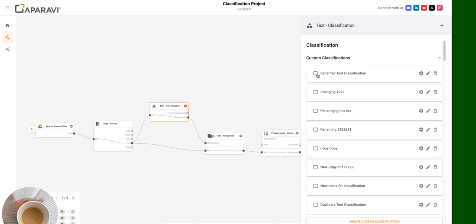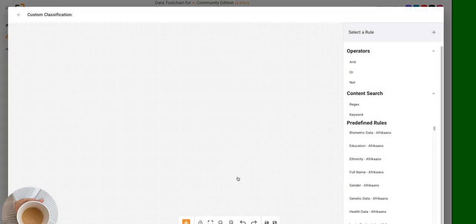And on the left hand side, we have these checkboxes. So you can select whichever ones you want to be enabled in the DTC app. So I'm going to create a custom classification, which will then open up a modal that shows you another canvas. So we're starting from an empty slate, and